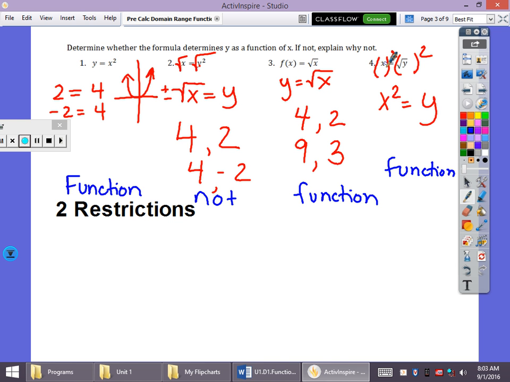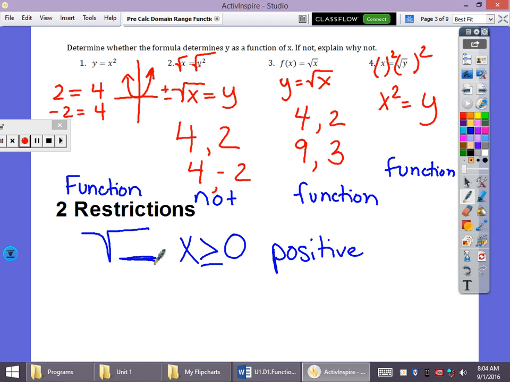What type of functions did we kind of focus on up here? What operation did we kind of focus on? Square root, okay? And what did we know about square root? Under the square root. Yes, ma'am. Excellent. x has to be greater than or equal to 0 if I'm going to take the square root. It must be positive. Okay? Yes, I know you learned about imaginary numbers, but when we're focusing on domain and range, if I'm going to take the square root, the number underneath